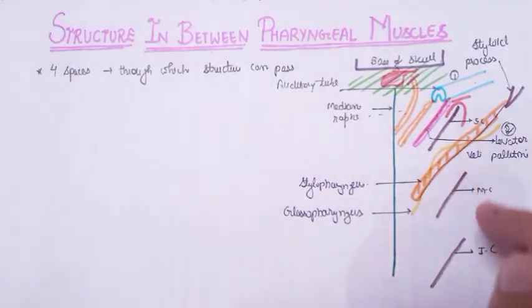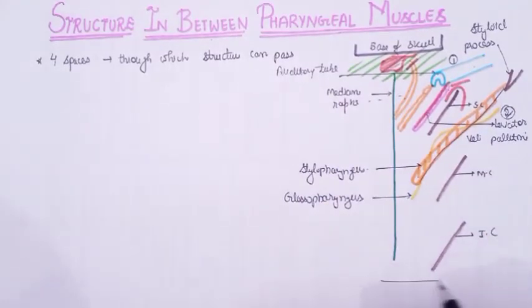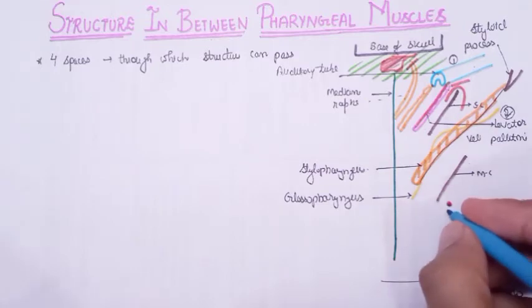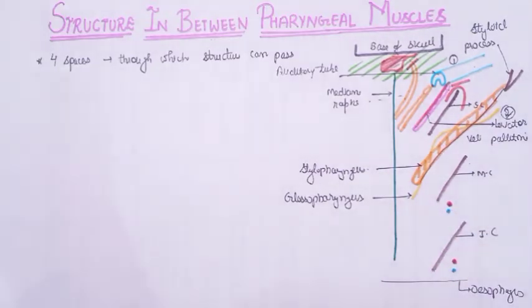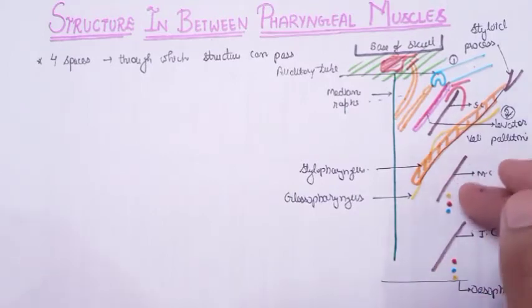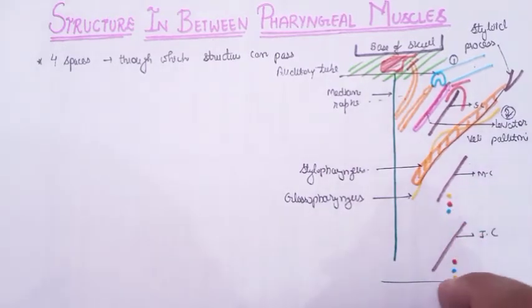In between the middle and inferior constrictor, and between the inferior constrictor and the esophagus upper border, where the esophagus starts, you can see one more gap. We have a set of vessels, that is the superior laryngeal vessels and the inferior laryngeal vessels, that is the superior laryngeal artery and the superior laryngeal vein. And we have one more nerve along with each of the vessels. First we have the superior laryngeal vessels along with the internal laryngeal nerve, then we have the inferior laryngeal vein and artery along with the recurrent laryngeal nerve.